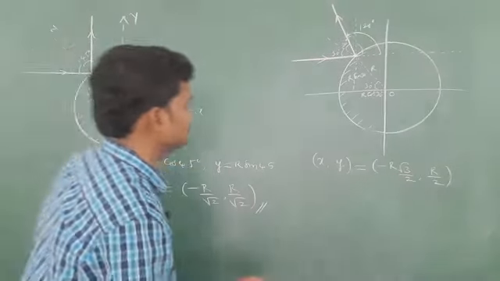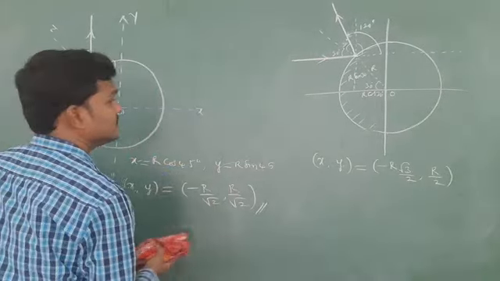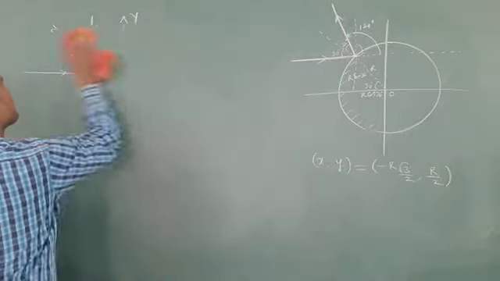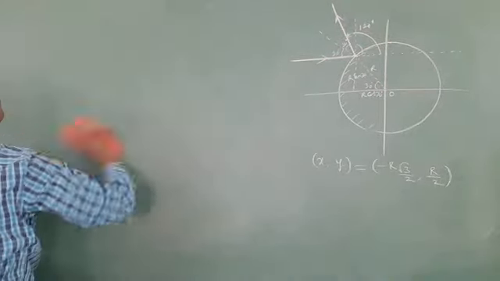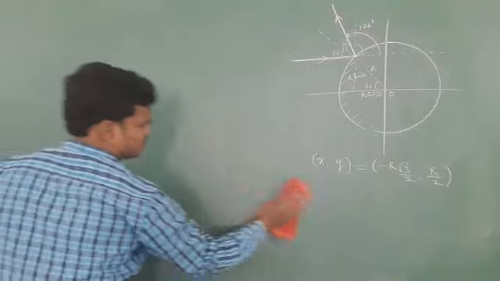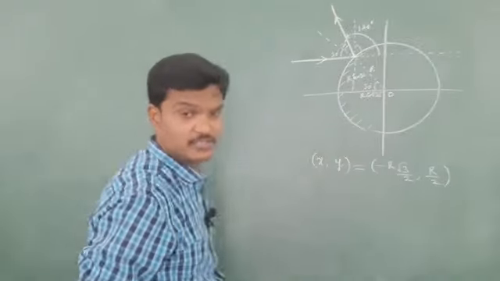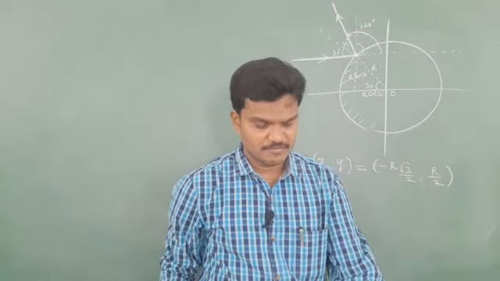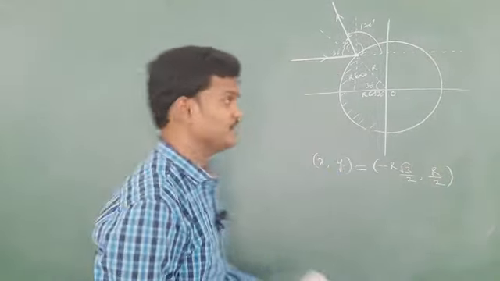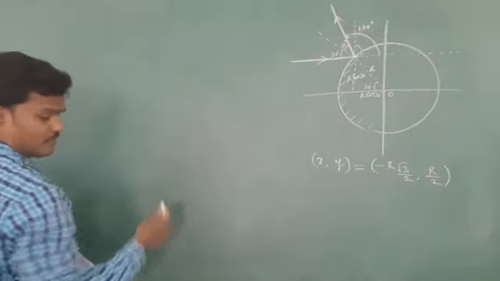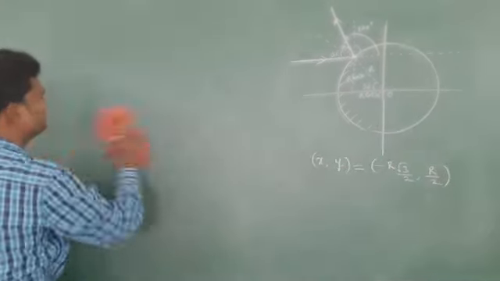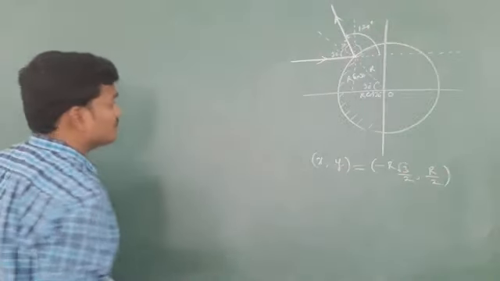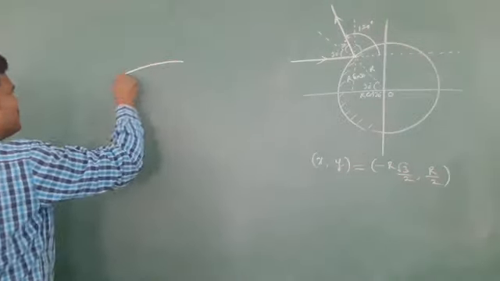Let me try one more question related to the same model. They have given a hyperbola. The question pattern is the same, write down the same question: find x comma y such that the ray becomes vertical as shown in the figure. Find the x coordinate and y coordinate such that the ray becomes vertical as shown in the figure.